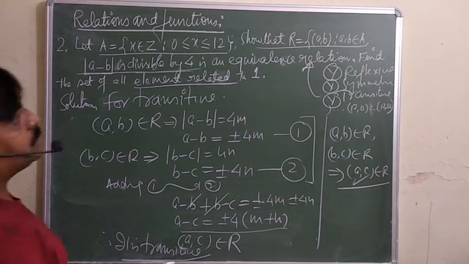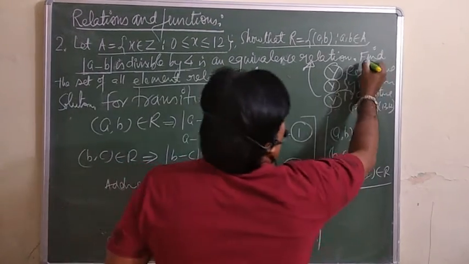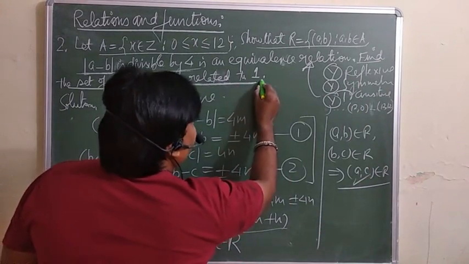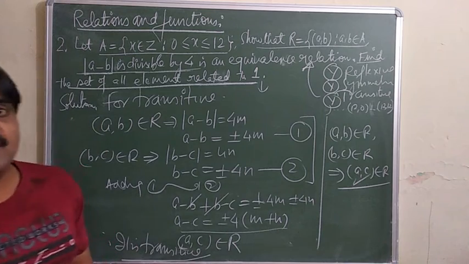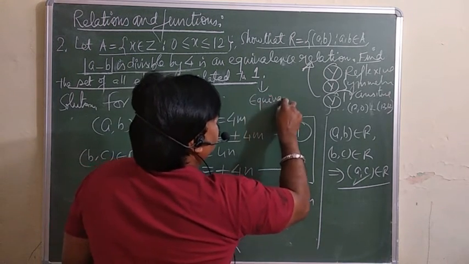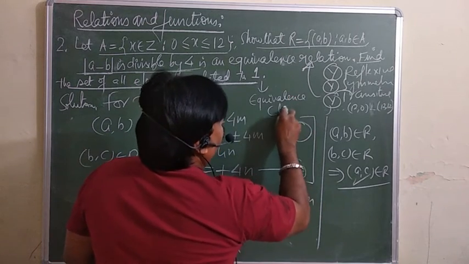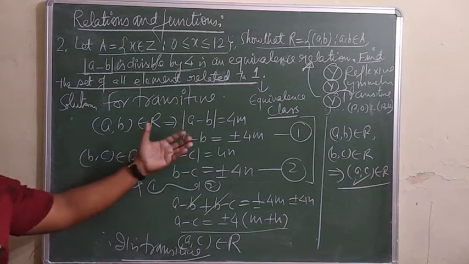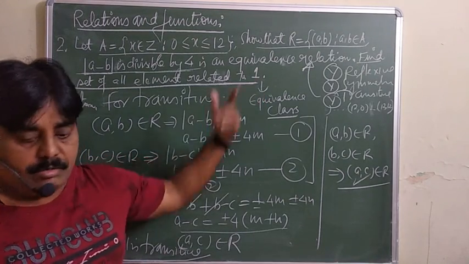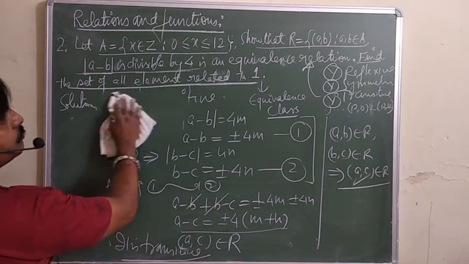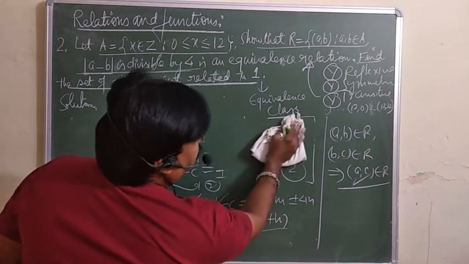First. अब ये second part जो बोला है इसने, you have to find the set of all elements related to one. It means exactly what we want. We want equivalence class. उसको हम बोलते हैं equivalence class. ठीक है. तो अगर कई बार क्वेश्चन आता है, you have to write the equivalence class of one. तो equivalence class of one कैसे निकालते हैं? Look at here. देखिए जरा यहाँ पर.